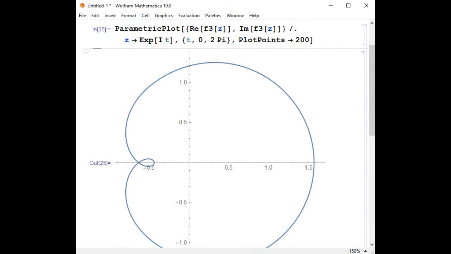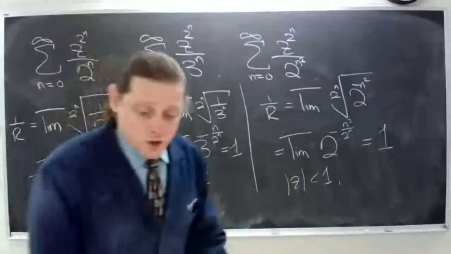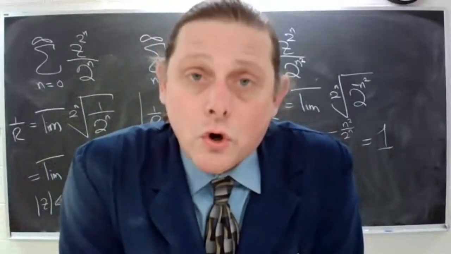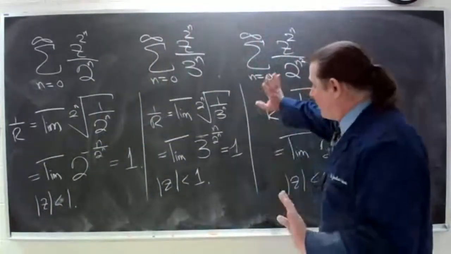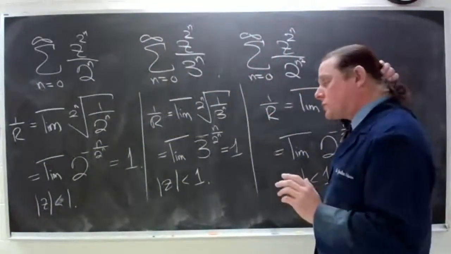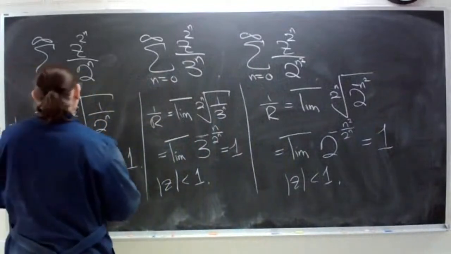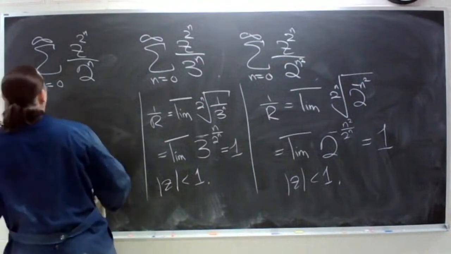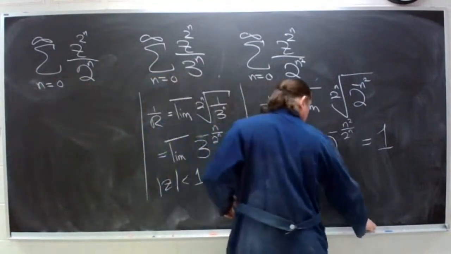So this was the behavior of these three functions. Really, we looked at 4 of them, on the circle of convergence. Now, they all have the same circle of convergence. And in fact, if you look, when the modulus of z equals 1,